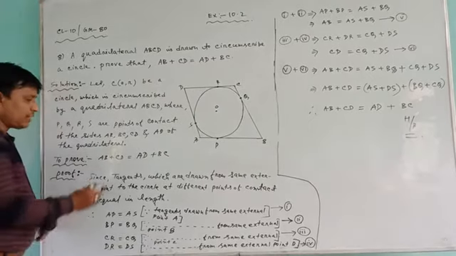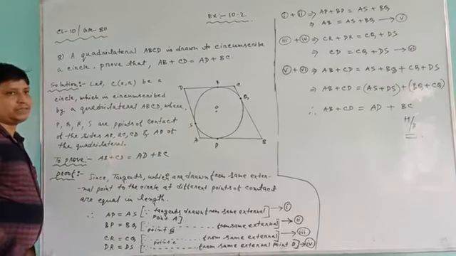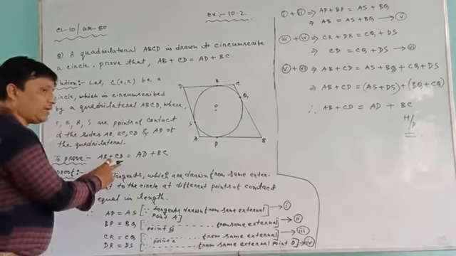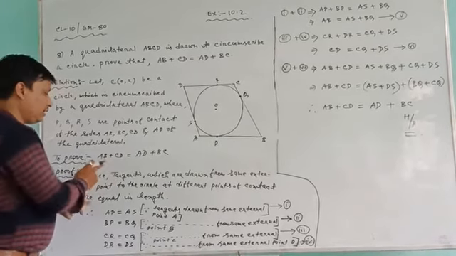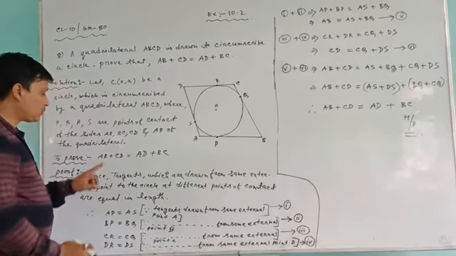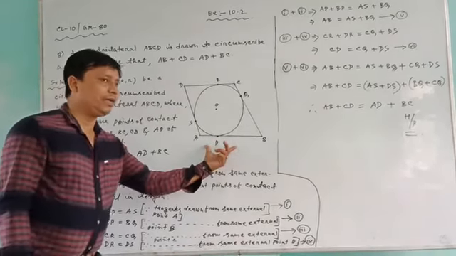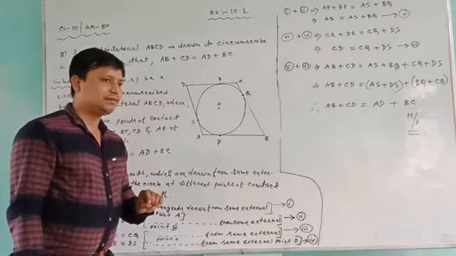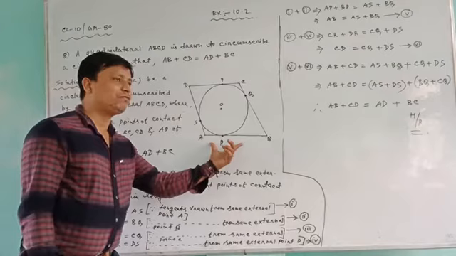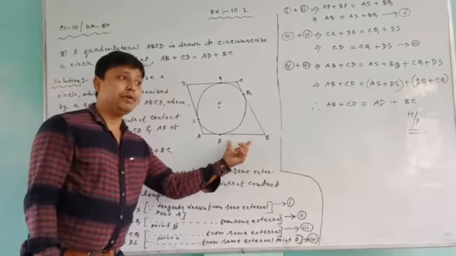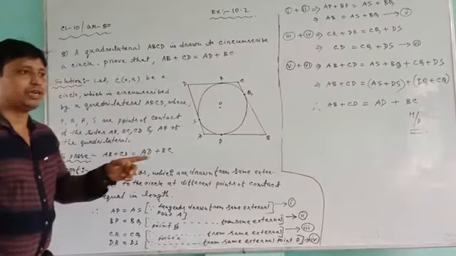So first of all, we have to see the left hand side. No need to think about the right hand side. What is given? AB plus CD. How will we get AB plus CD? So first of all, you see AB. AB is AP plus BP. That means if you want to write a statement for AB, then first you write a statement for AP, then BP, then you will get the AB statement.